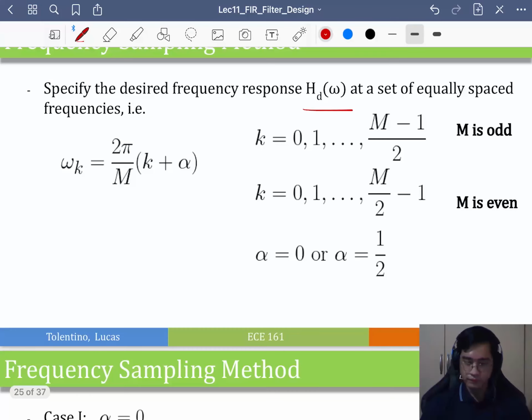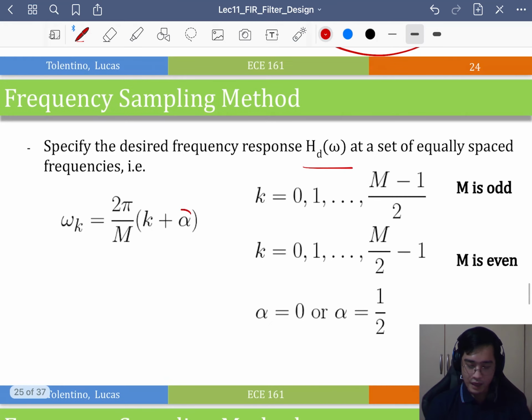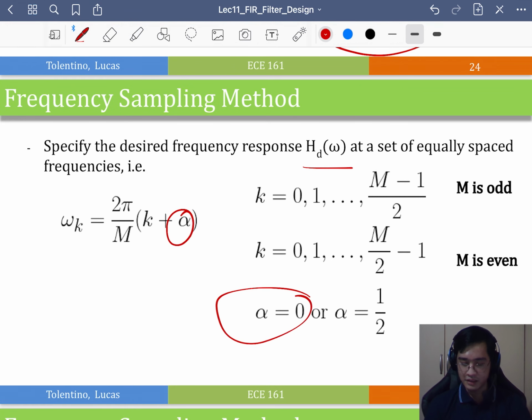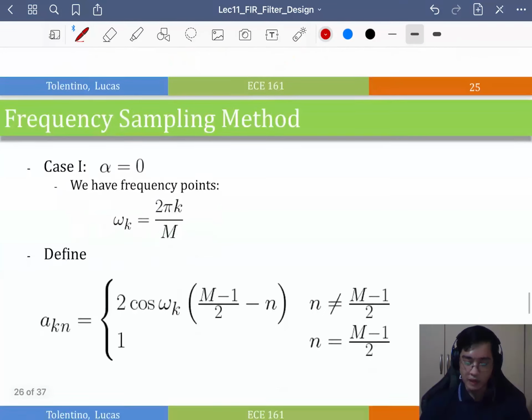So the first case is alpha. Alpha here is either 0 or alpha is equal to 1/2. When alpha is 0, we are setting frequencies omega k as 0, 2 pi over m, 4 pi over m, etc. Okay. So when we do that,